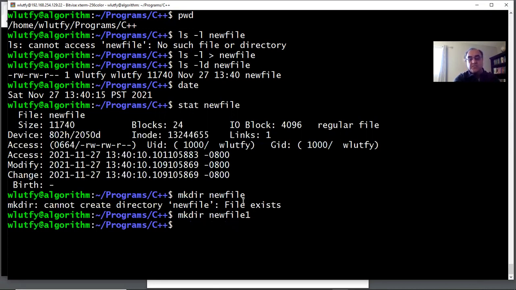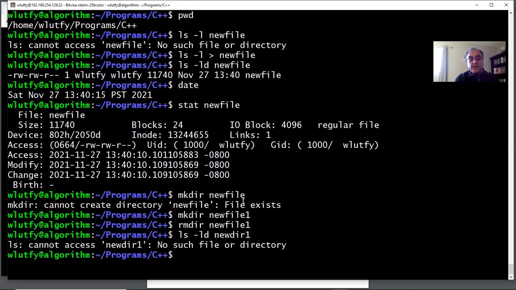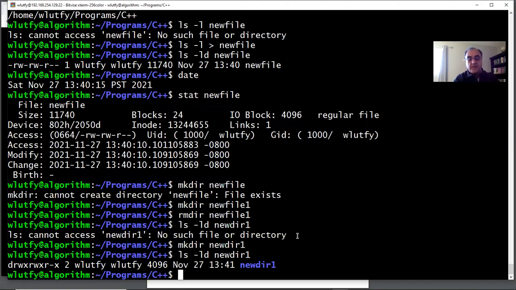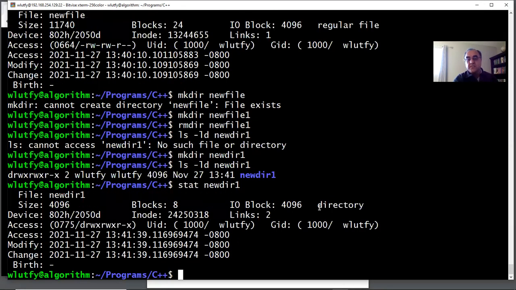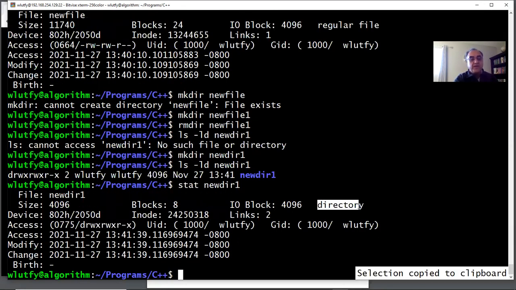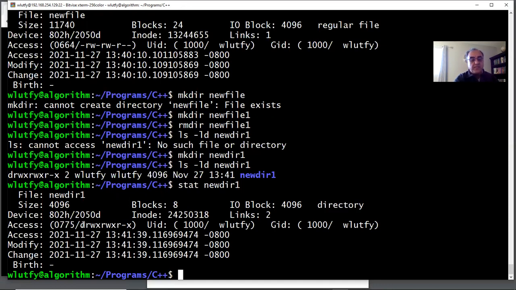but it does not make sense to call a directory that. So I'm going to say rm -r file1, and then do ls -ld new dir1, for example, and it's not there. I'm going to say mkdir newdir1, and then up arrow to repeat the listing, and now it's there. Notice that new dir1 is a directory and it has a d here. So if I do a stat on new dir1, you will see that this is a directory,